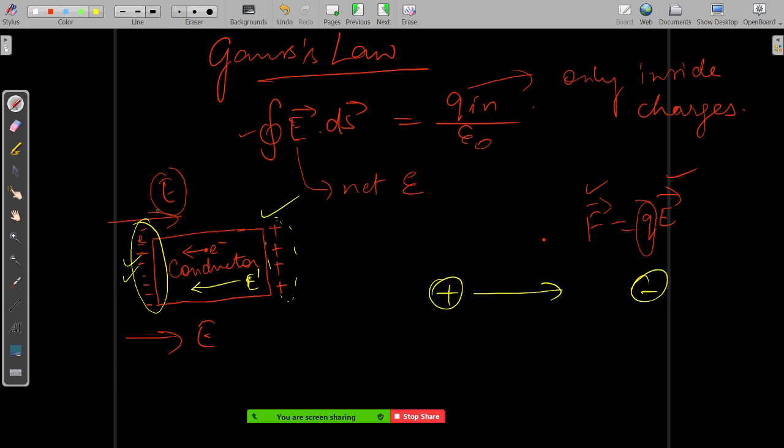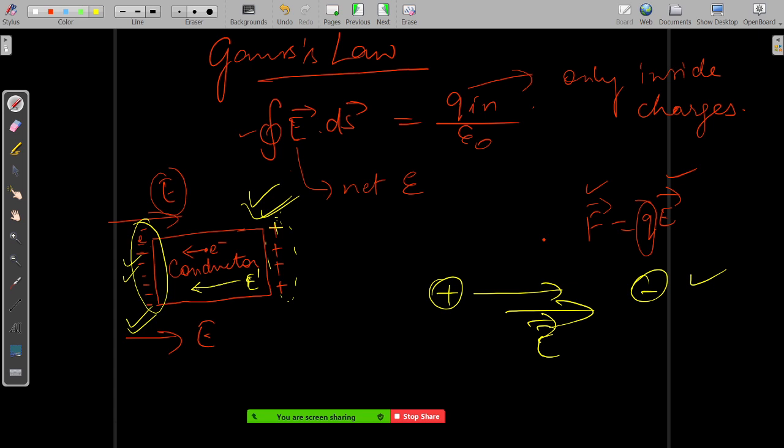What we are trying to say is that the conductor is kept on the opposite side of the direction of the electric field. No, no, no. You have to understand why that opposite direction is coming. You have positive charges here and negative charges here. The electric field will be in the direction from positive to negative, right? So since positive charges are spread here and the negative charges have come here,